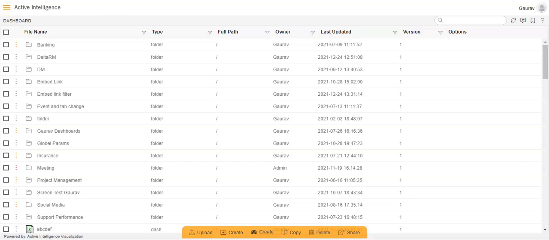In today's video, I will be giving the demo of how the report busting functionality works in the dashboard in AIV. So let's get started. Now, report busting is used in a condition where multiple reports are required to be generated and shared with a relevant user in a predefined specific time period.